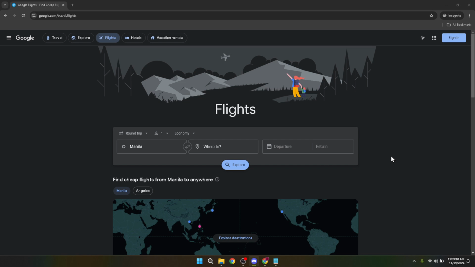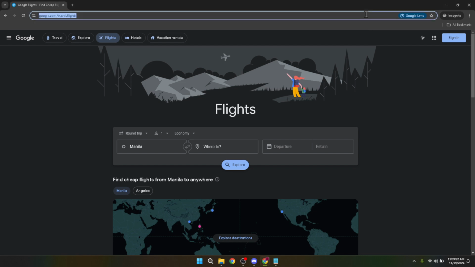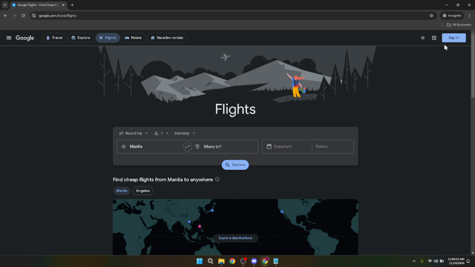First and foremost, you'll want to navigate to the Google Flights webpage. You can easily do this by typing https://www.google.com/travel/flights into the address bar of your internet browser. This will take you directly to the home page of Google Flights, where you can start the process of reaching